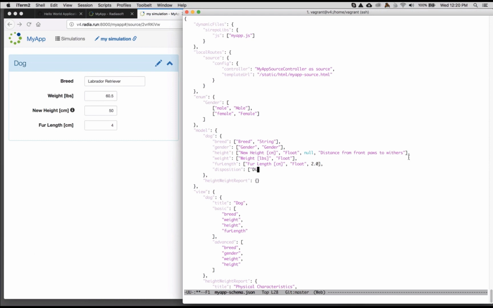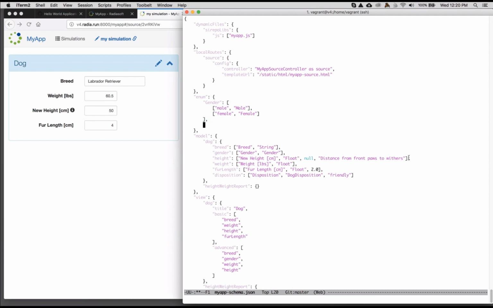I don't know how to spell that, disposition. And we're going to name it, give it a type of dog, disposition, and we would give it a default value of friendly. And then here's where we have our selection list. So I'm going to call it dog disposition